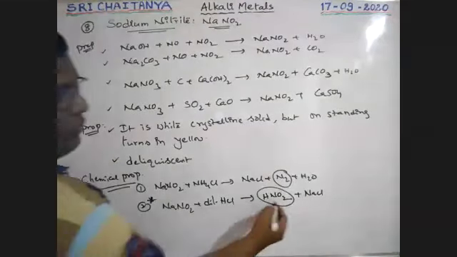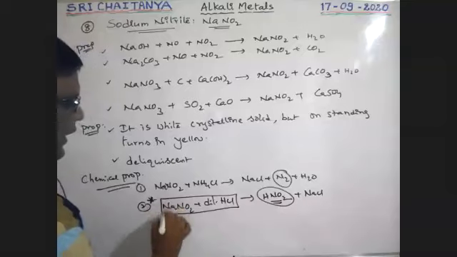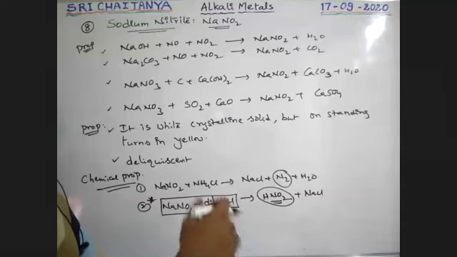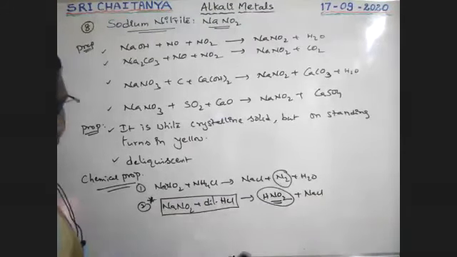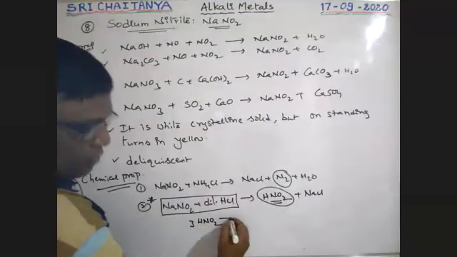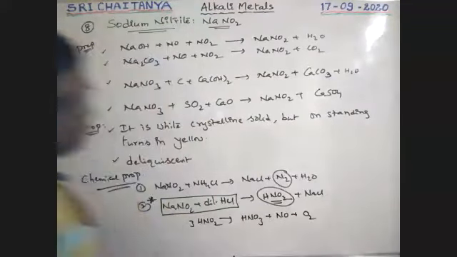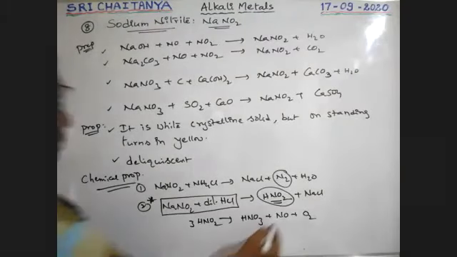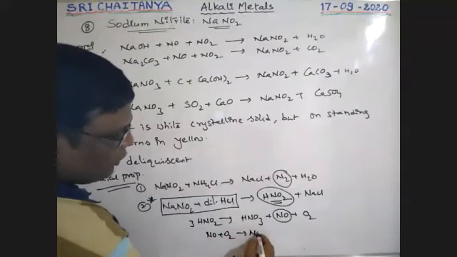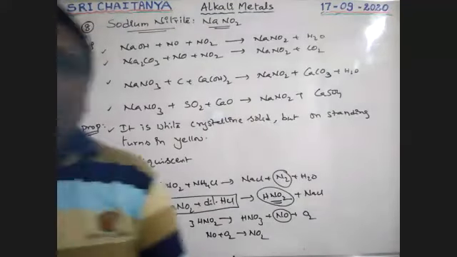So whenever you want to use HNO2, this reaction is used indirectly. If this reagent is used, automatically the product is HNO2, so indirectly HNO2 is the reactant. Since HNO2 is unstable, it changes to HNO3 and NO plus O2. The NO formed further reacts with oxygen and gives NO2. These are the side reactions, and very, very important reactions.